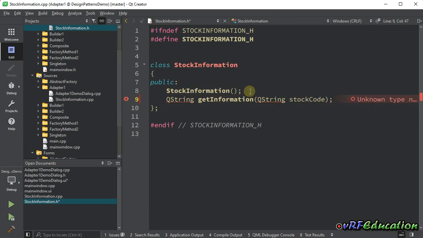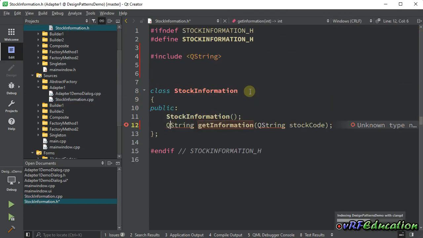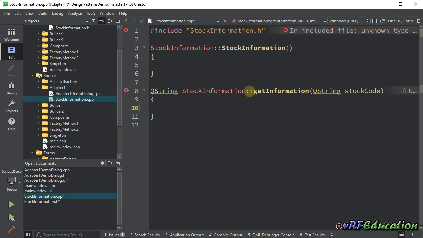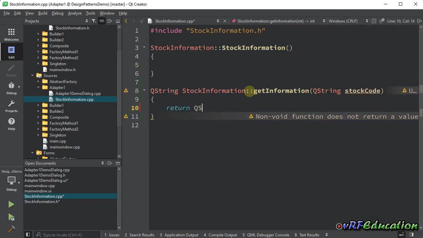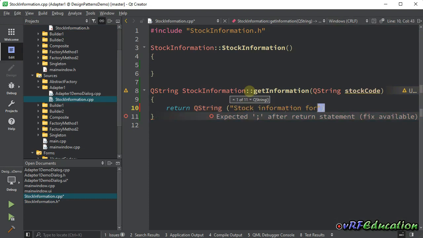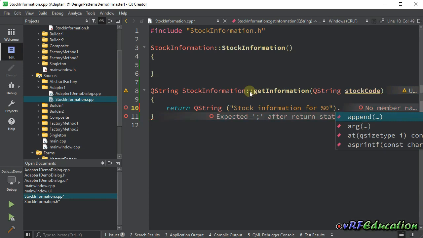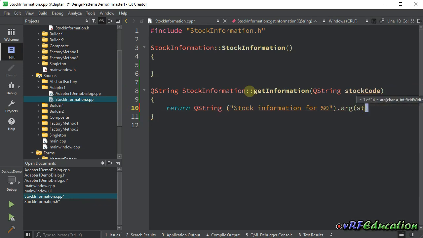And let's add a definition for this method and also add the QString header file. So here I'm gonna say return a string, stock information for this stock code, a string argument, a stock code,